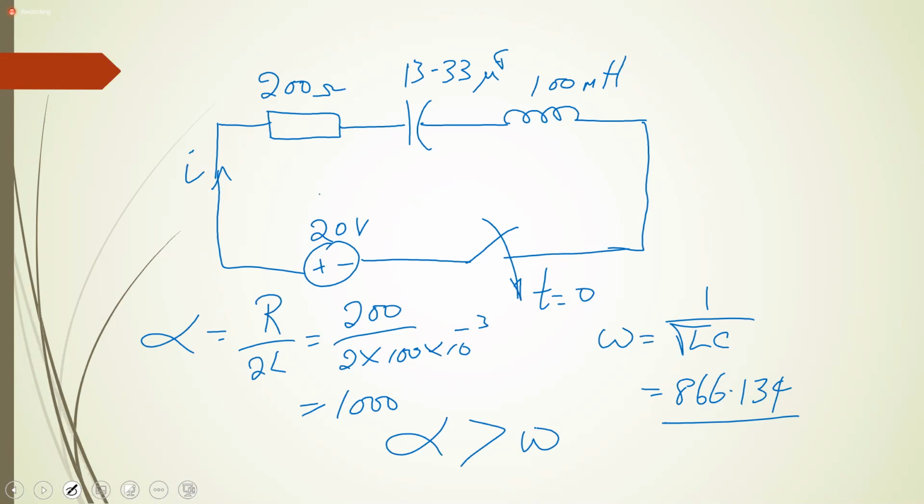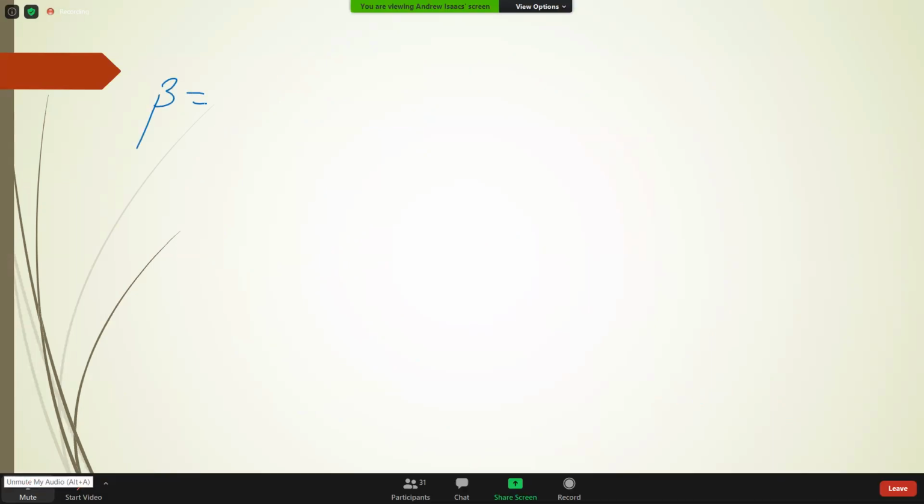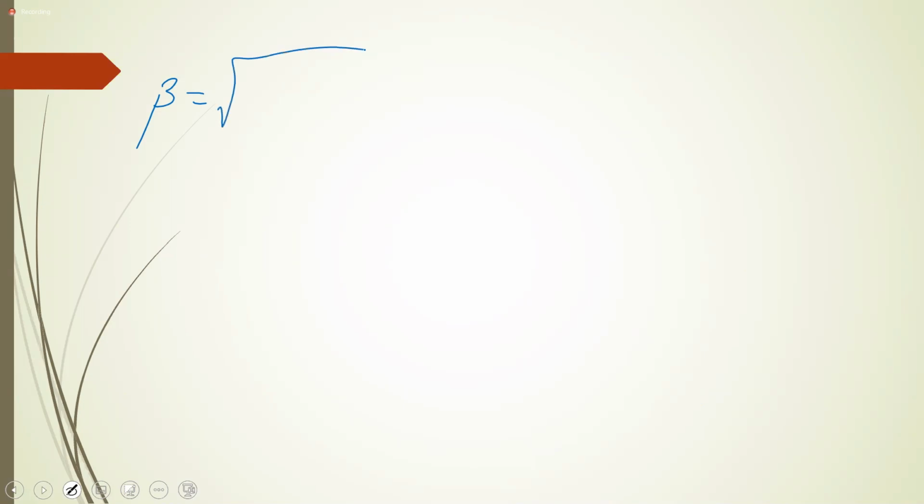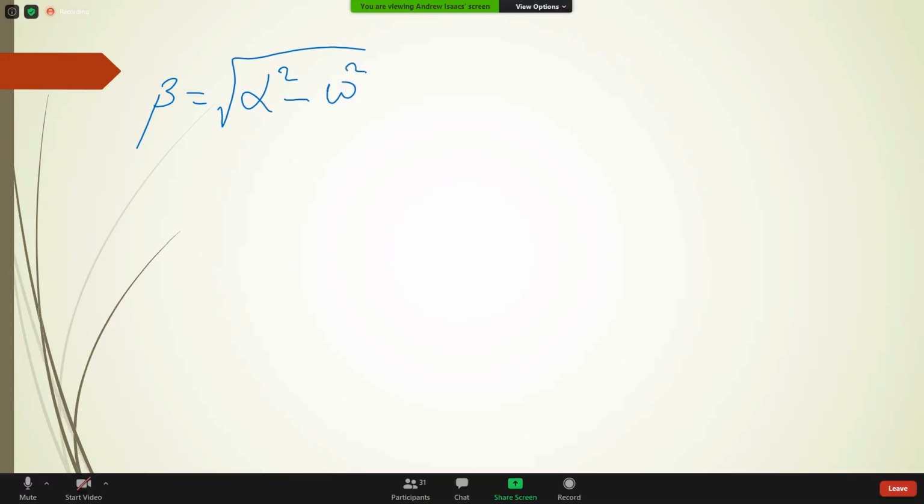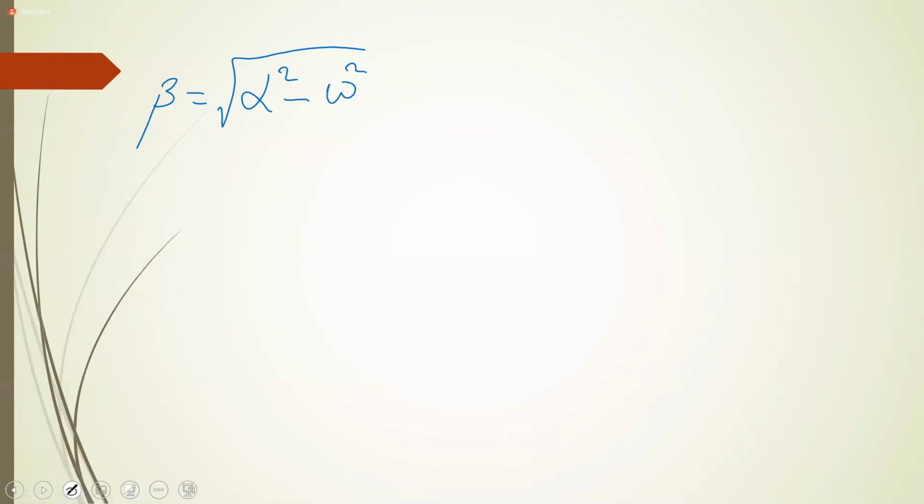Now that we have the values of alpha and omega, the next thing we want to find is beta. What is beta equal to? Square root of alpha squared minus omega squared. Remember, 1 over root LC is omega, so 1 over LC is omega squared. So beta is equal to the square root of alpha squared minus omega squared, and that gives us